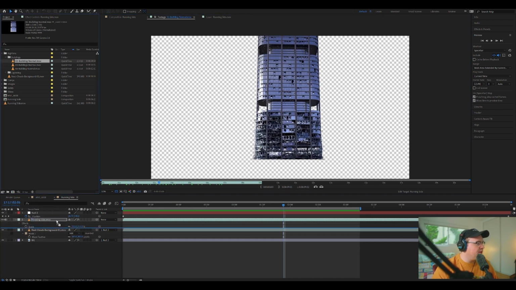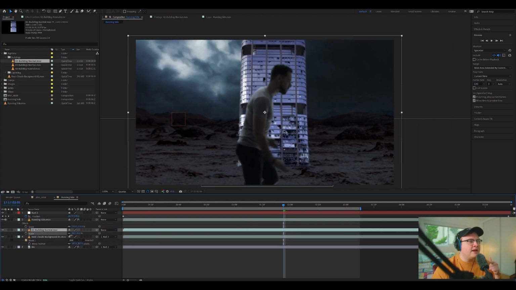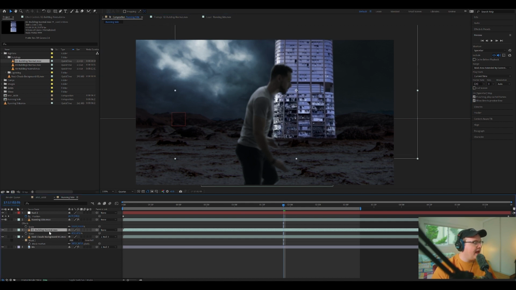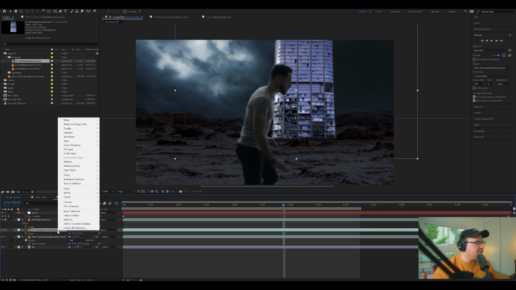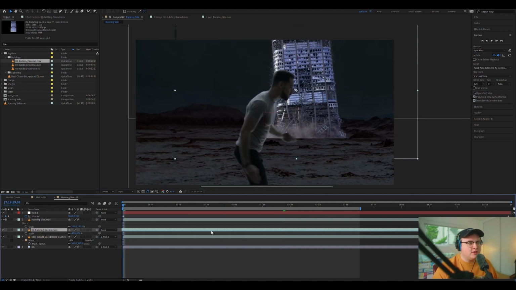And bring them in above our background, and instead of playing them forwards, we can just place them into the shot like that and then just reverse them. So if we go to Time, Reverse Layer, or you can hit Control Alt R,